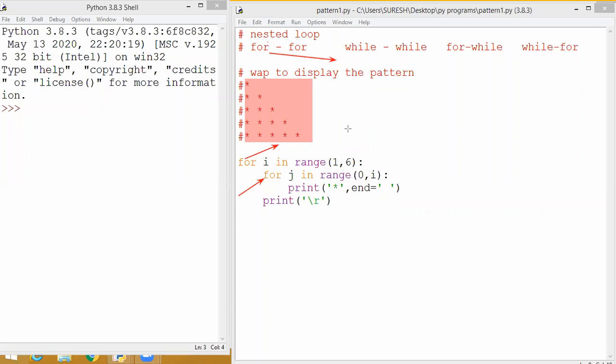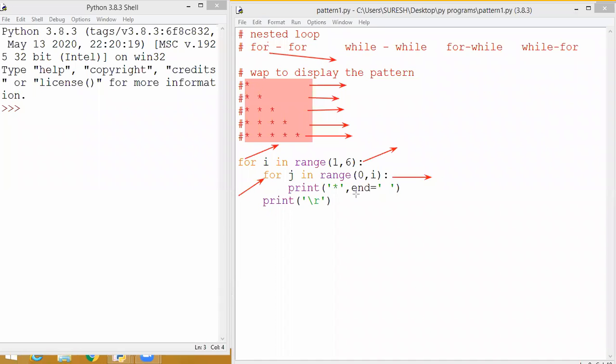Okay. So anyway, in the exam oriented view, they will ask this type of pattern. So whenever you see this pattern question, definitely students, you have to implement this nested loop. Okay, so here this is outer loop, this one is inner loop. What is the use of this outer loop? Outer loop will give you this number of lines. See, this first line, the second line, third line, fourth line, and fifth line. So the first step is you see how many lines of output there are. Five lines means you just set this five value.